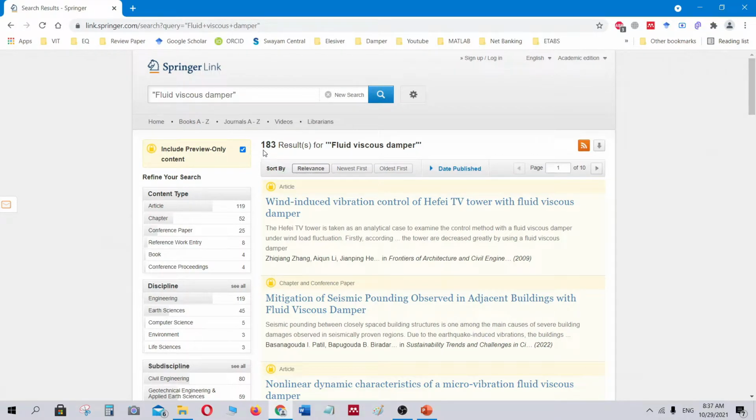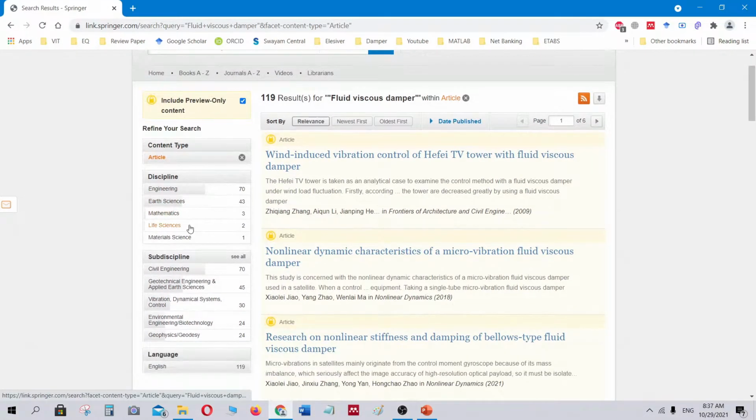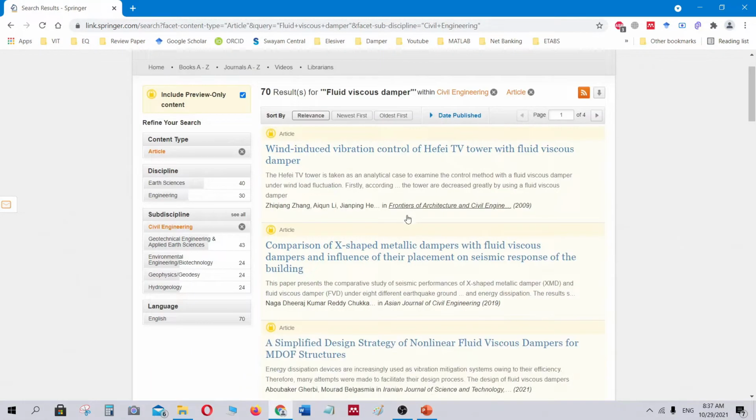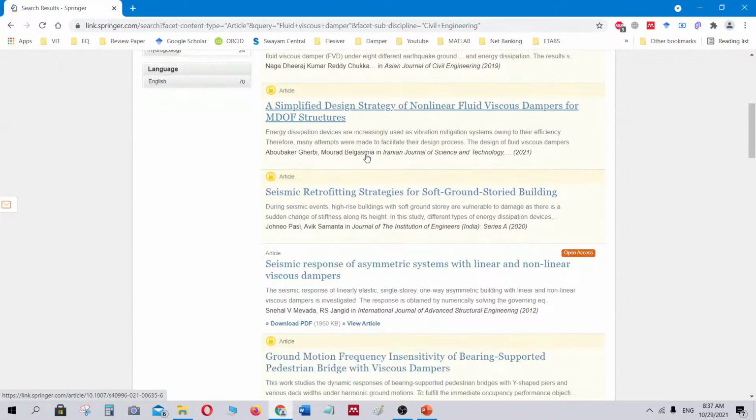So the result is 183. Previously, without the inverted commas, we had nearly 27,000 results. Now, from 183 results, you can filter based upon the article or the chapter or conference paper. So again, by choosing these filters, you can effectively search your research article.